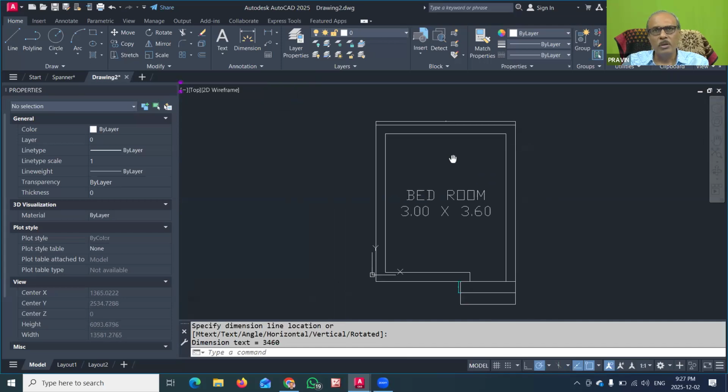So dear friends, this difficulty we now have to overcome. And for that purpose, not tomorrow, but the day after tomorrow, in the next lecture, we will learn how to show the proper drawing dimensions in the building drawing. That is our important target.